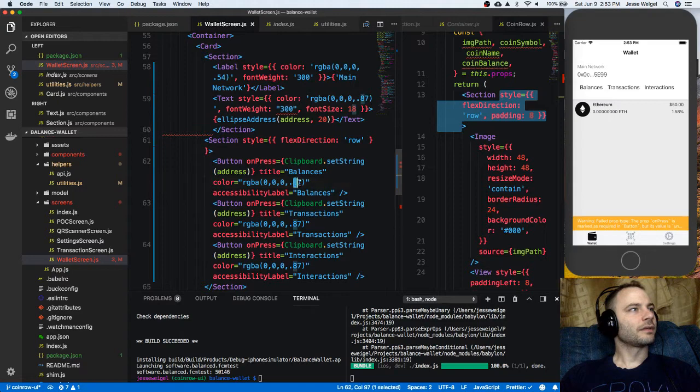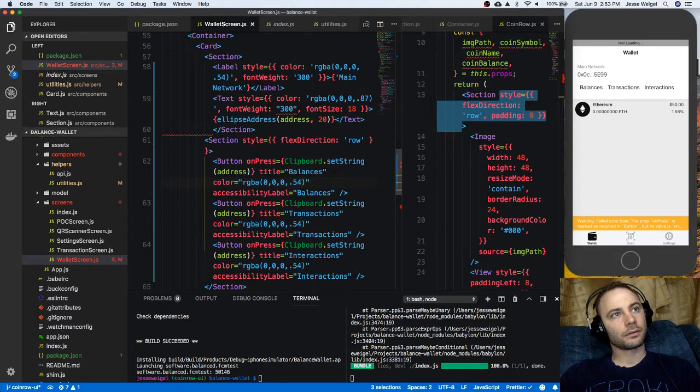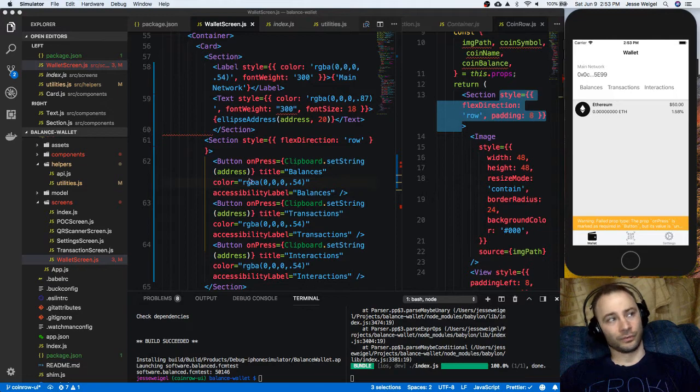Oops, I didn't want the 8.7, I wanted 5.4. There we go. So the hex color for gray is a lot harder to read than